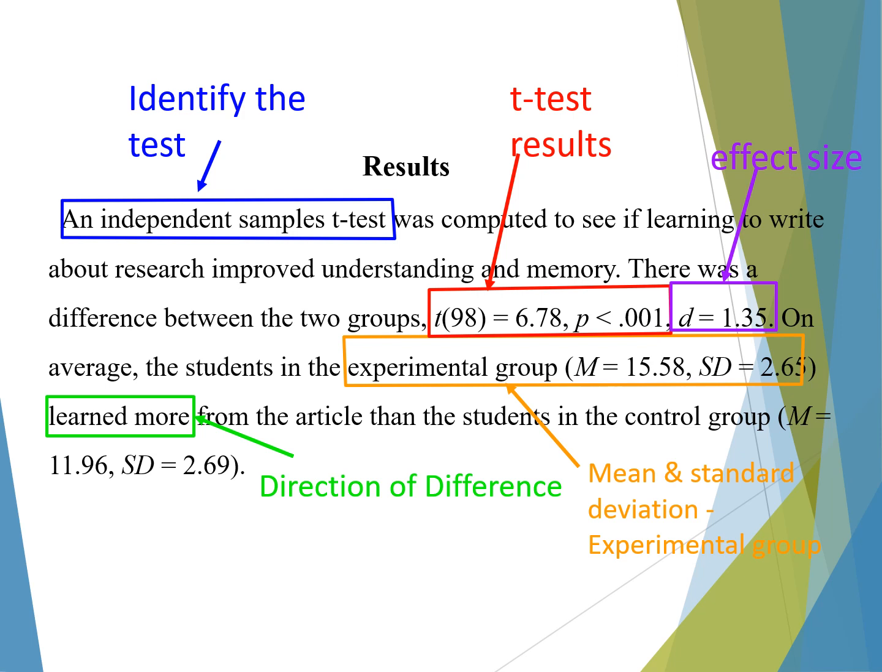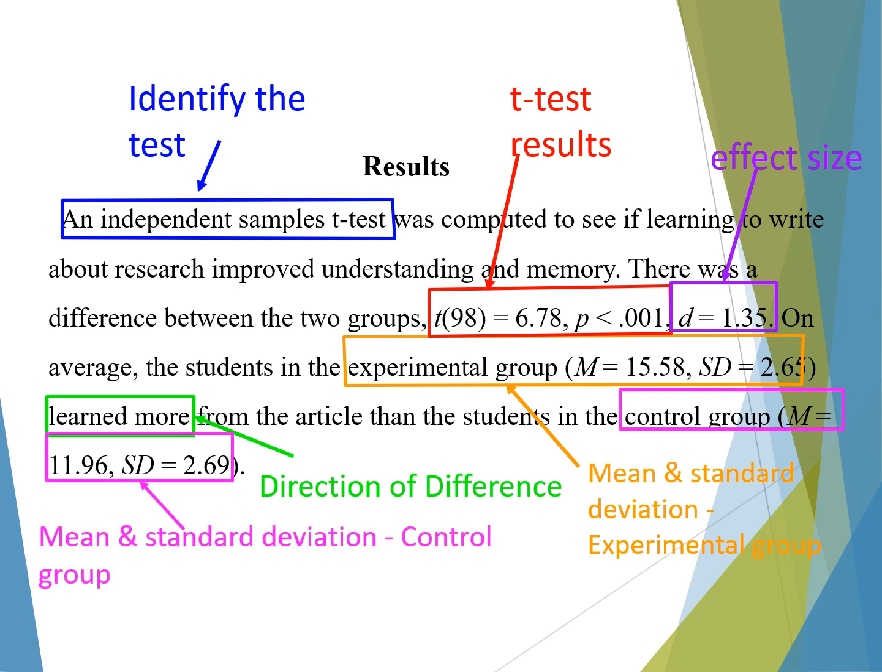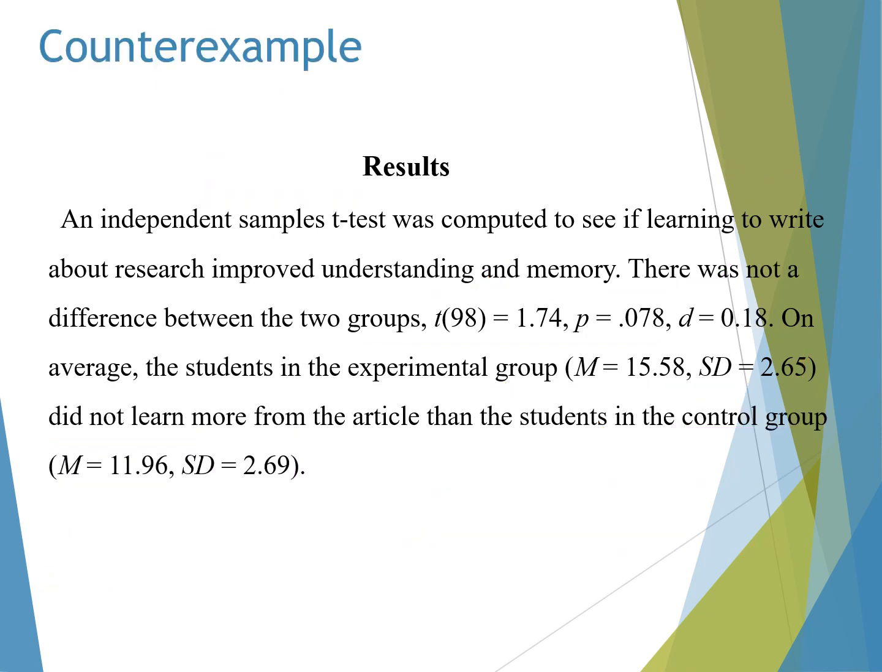We learned more from the article than students in the control group. And so now we've got the mean and standard deviation for the other group. Note that the statistics are italicized again, so t and p and d are italicized, and mean and standard deviation are also italicized and capitalized. Okay, so this is a counterexample if you did not find significant results, but you'll note that